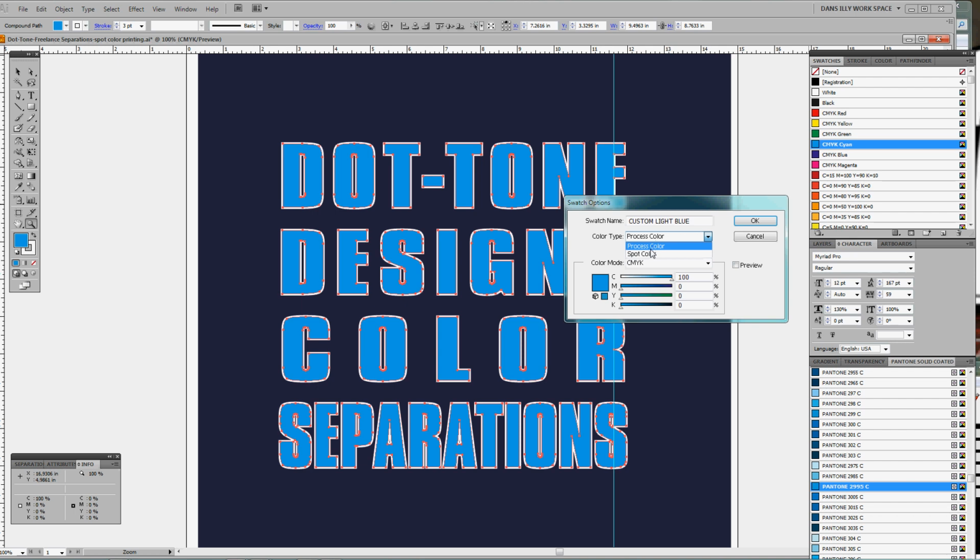I can change this to a spot color. This is right where you do that. That's the key factor right there. You don't want to output your files as CMYK if they're not going to be CMYK. If you want solid areas here,